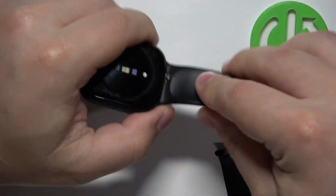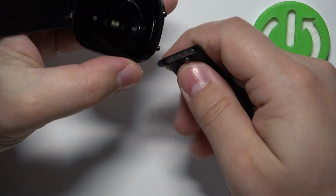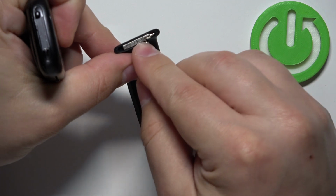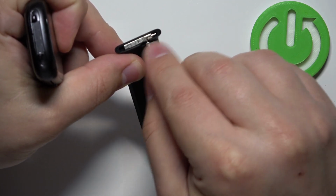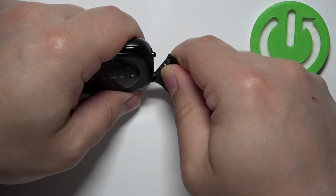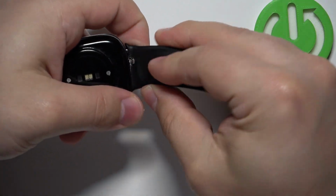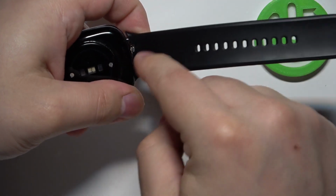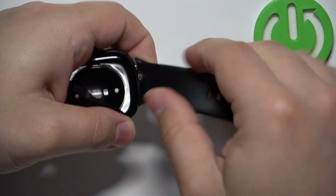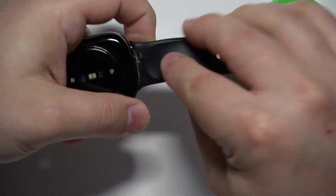It's quite tricky at the beginning, but you can get it done, and once you get used to it, it's quite simple. So again, pull the lever to the other side to retract the pin, put this side on the watch, then push the lever to insert the pin on this side, like this. Once it's holding, align it with the other side, and pull on the...